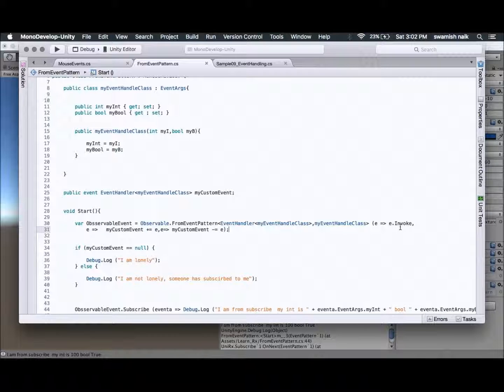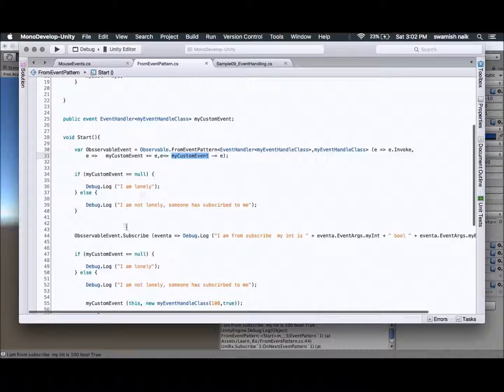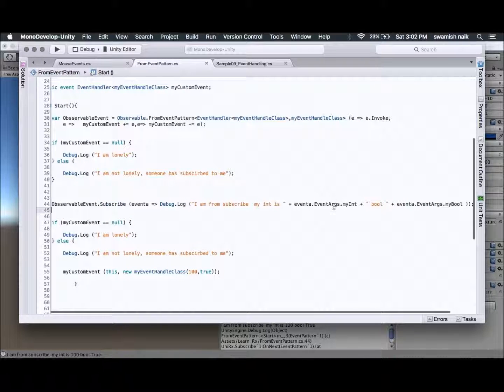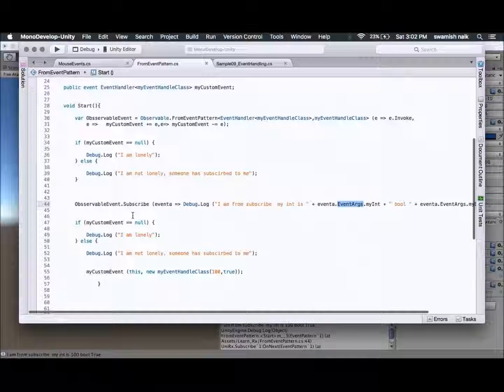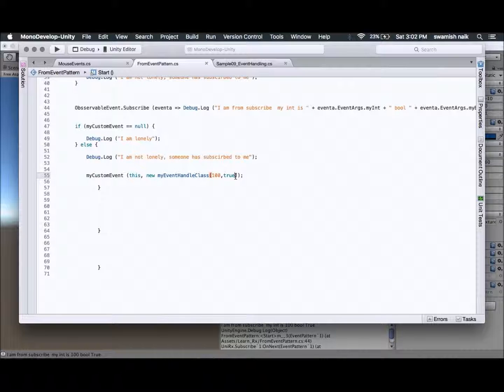Then we do e.Invoke, that is, our event shall be invoked when it gets called. Here we are subscribing to our event, and here we are removing the event so a memory leak doesn't occur. Then we are subscribing to our event and getting its value back, and here we are calling this event. We need to pass this, then the new event handler class and the values of our constructor. That's it. Let me know in the comments what other example you would like me to do.